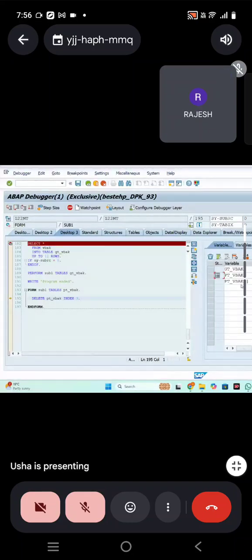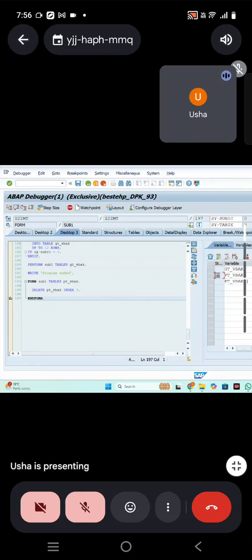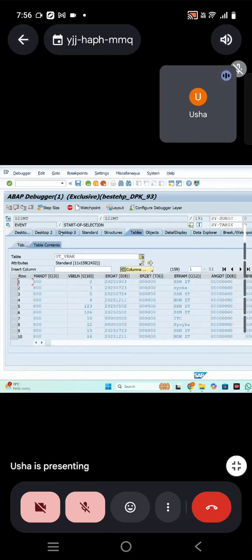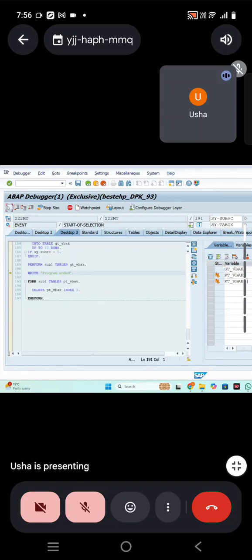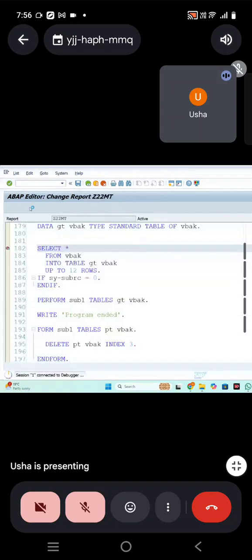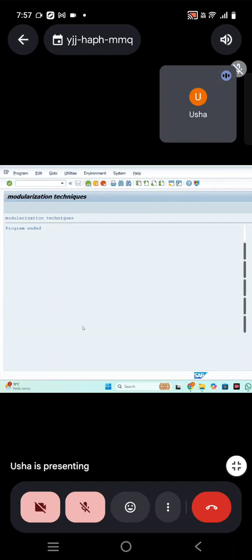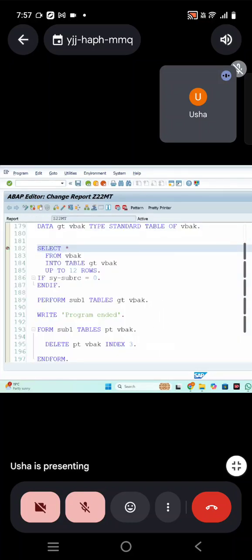Yeah, ma'am. That's the reason we learn this. Okay, fine. Now, I have 12 records in my PTVB. I'm just deleting one. You can see it become 11 even in the internal table. It always acts like pass by value and return, which means it will have separate memory for both the actual table and the formal table, but it must reflect back